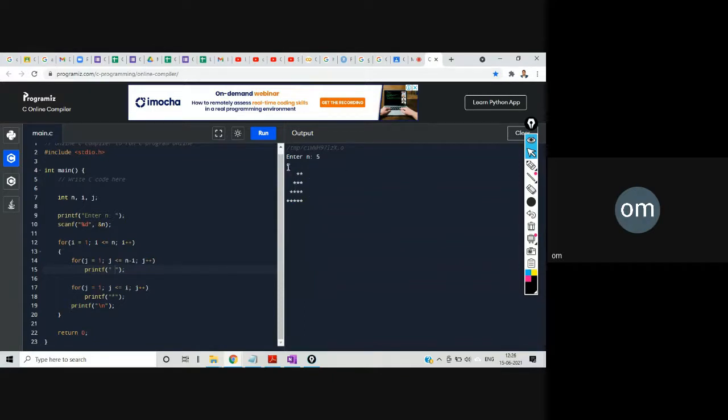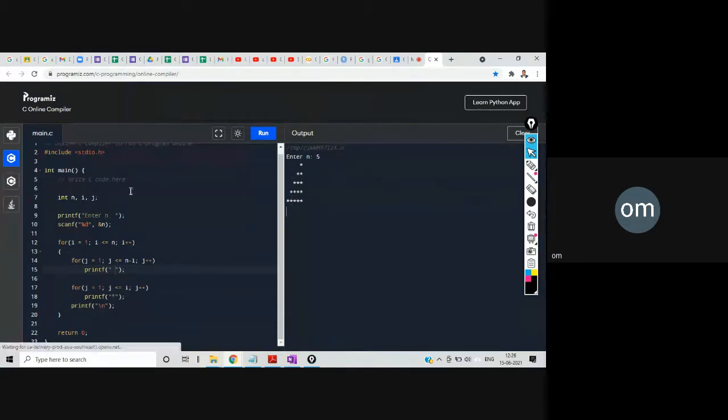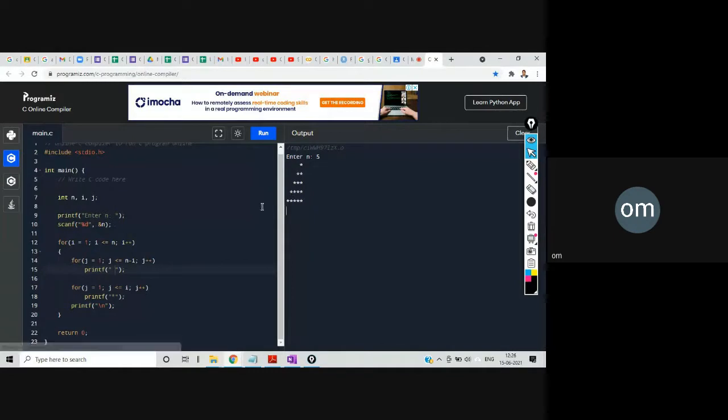In this browser it may not be proper. Let me run one more time. Yeah, now it's coming. Okay, so since this is a browser online, otherwise if you do it directly on the IDE, any software, then in one shot it will come properly. Okay, so if you see, this is the third type, right? So I hope all of you must have understood how we got this third type.